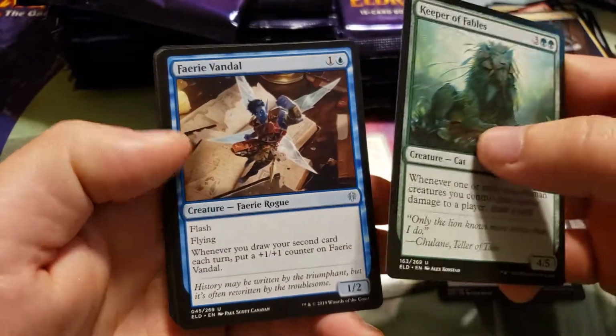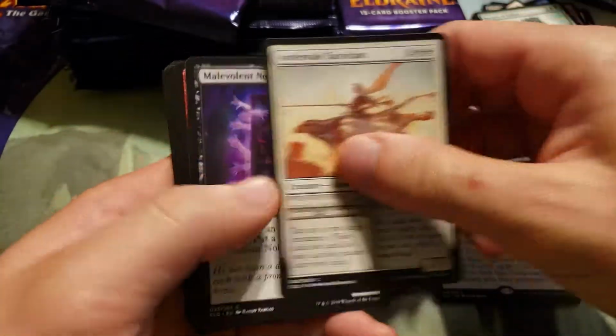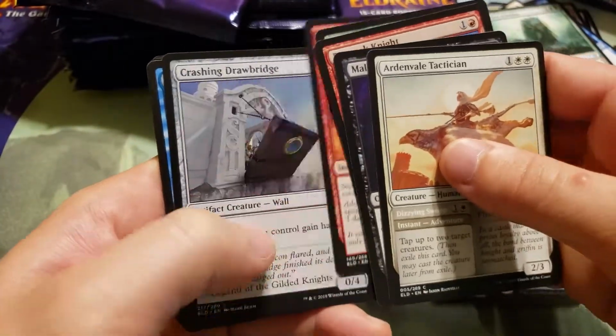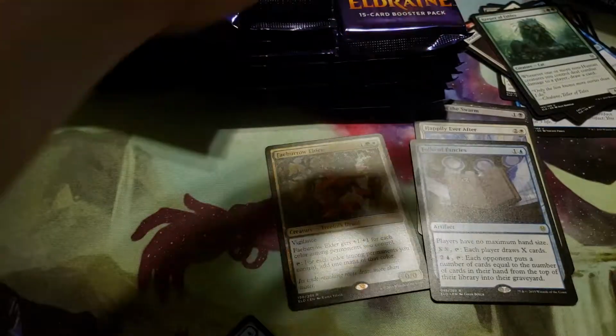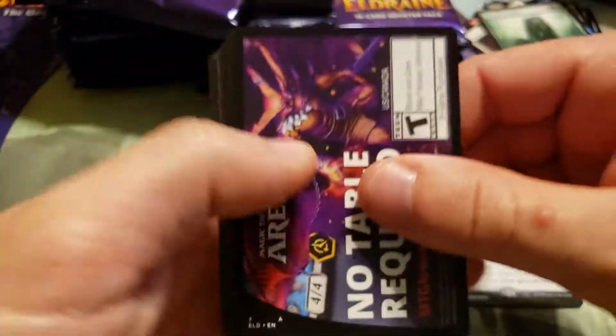Keeper of Fables, Fairy Vandal, Deafening Silence are our uncommons. And then let's look through here, see if we got an alternate border. Doesn't look like it. Alright. Nope, didn't get an actual token here, so...